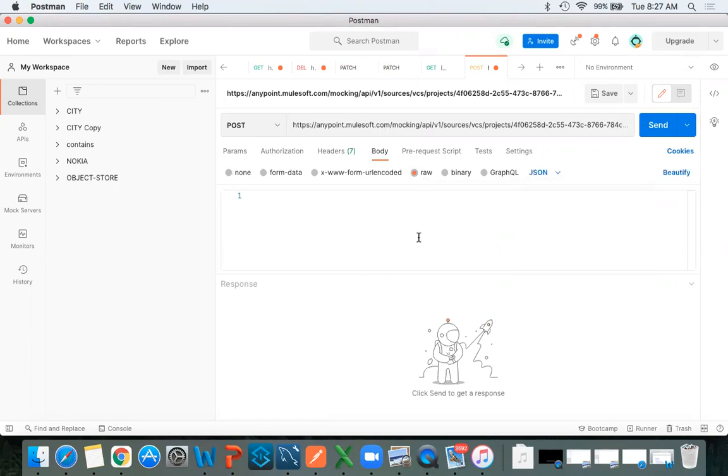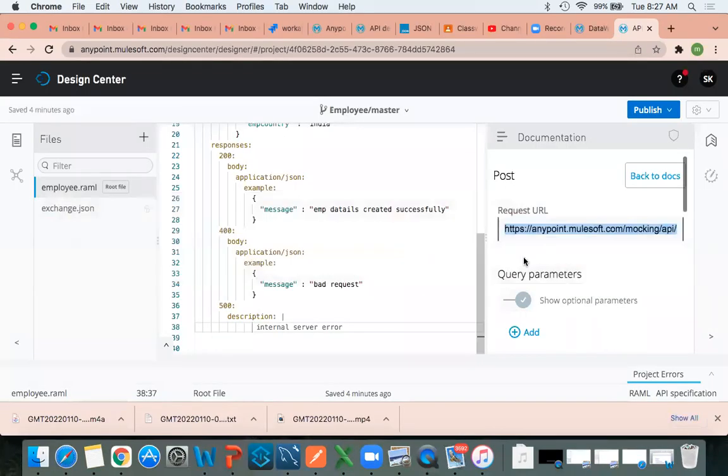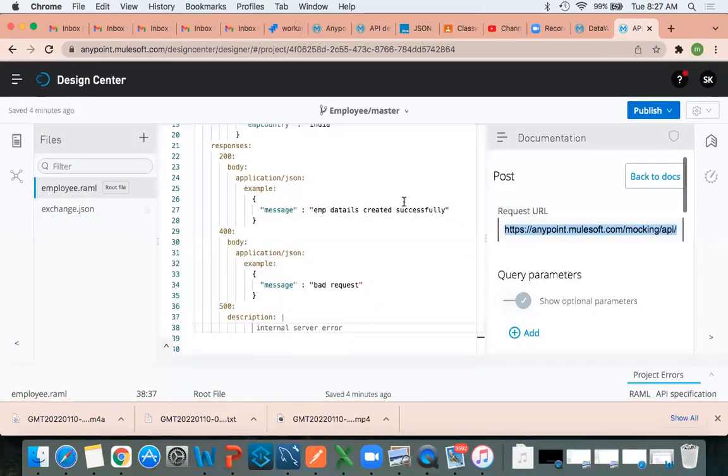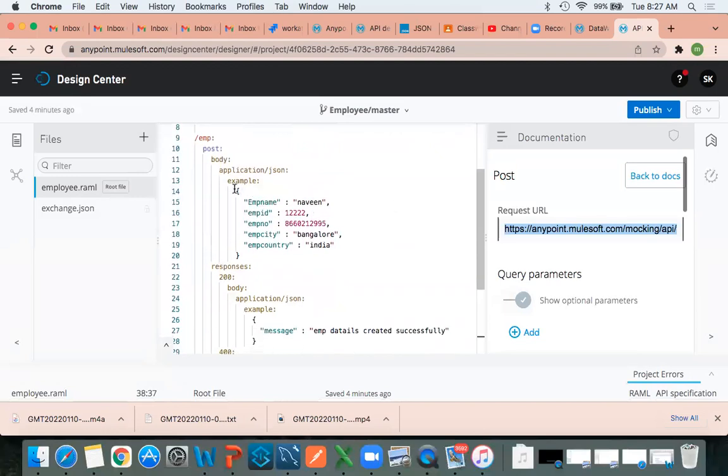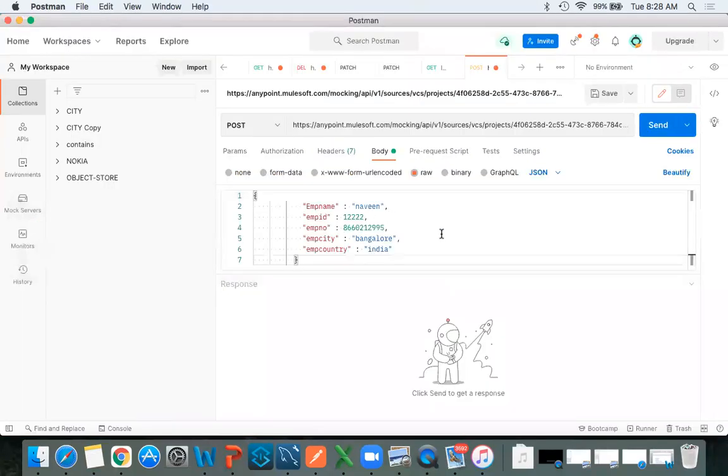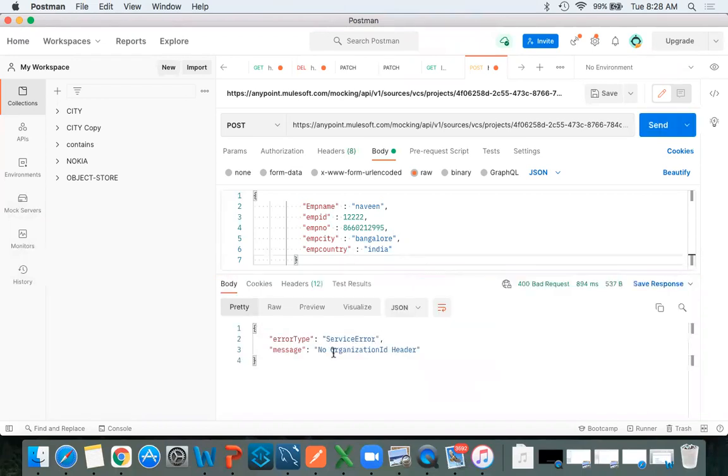JSON, because I'm passing JSON, right? I will come back here. Okay, I will copy this request I am passing. Let me paste it, and then click on send. I will get an error. Service error: no organization ID header found. Okay. Why? Because this is the internal URL and I'm trying to access it outside the Anypoint platform. That's why it is giving an error.